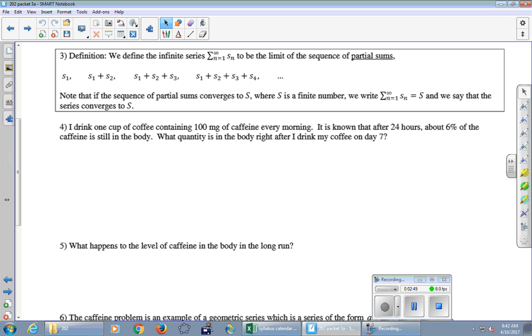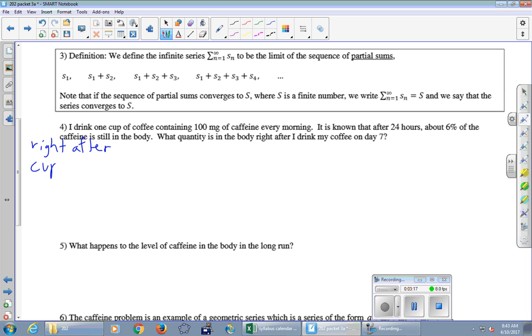Number 4, I drink 1 cup of coffee containing 100 milligrams of caffeine every morning. It is known that after 24 hours, about 6% of the caffeine is still in the body. Every 24 hours, your body processes all but 6% of that caffeine. What quantity is in the body right after I drink my coffee on day 7? Okay? All right, so right after